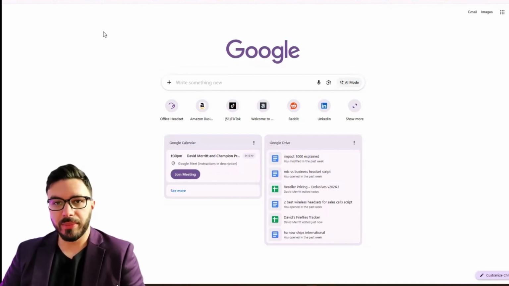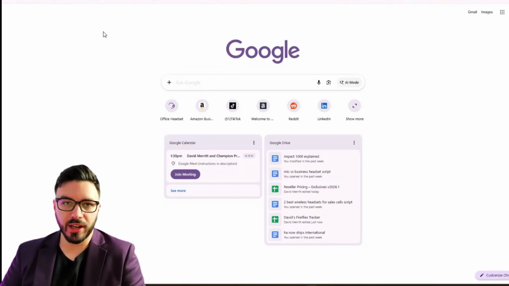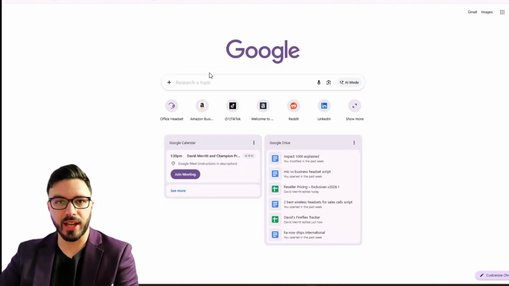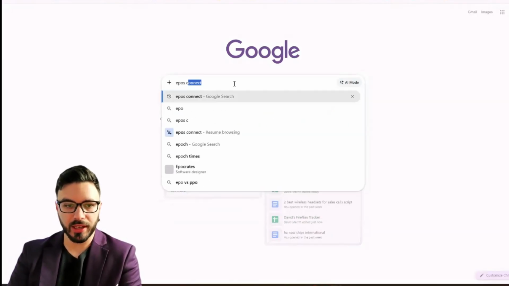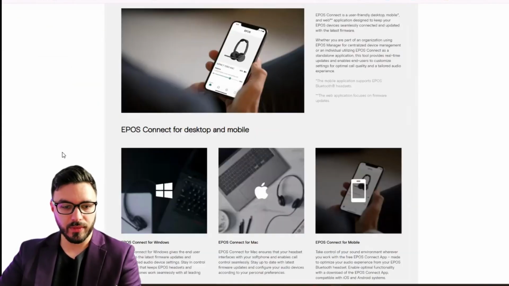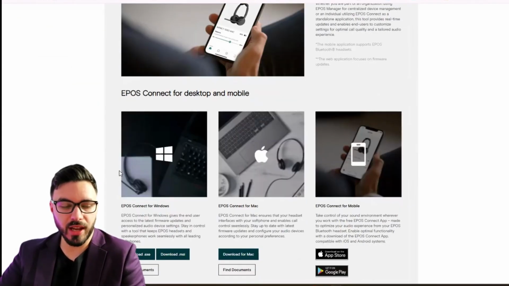Okay, if you have the Epos Impact 1000 series headset and you're trying to do some troubleshooting because something's not working right, a factory reset is a good place to start. So I'll show you exactly how to do that. Type Epos Connect into Google, go to Epos's website, and depending what operating system you have, you're going to download